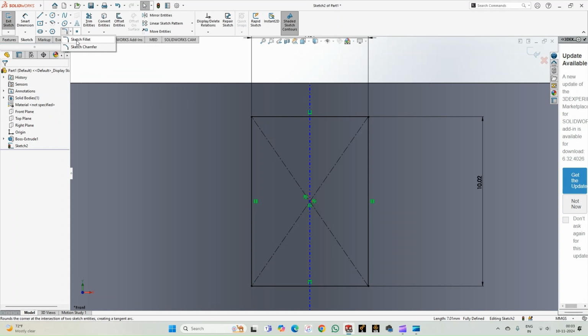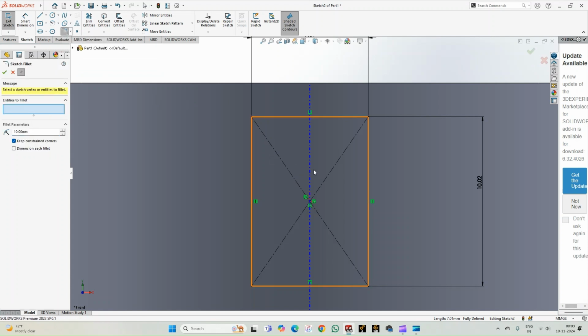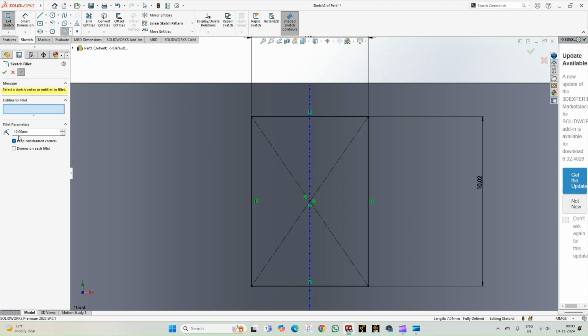So go for the sketch fillet option. Enter the parameter value as 0.5 and then select this edge and this edge. Similarly this and this, and finally these two edges, and just click OK, and the fillet is created of 0.5